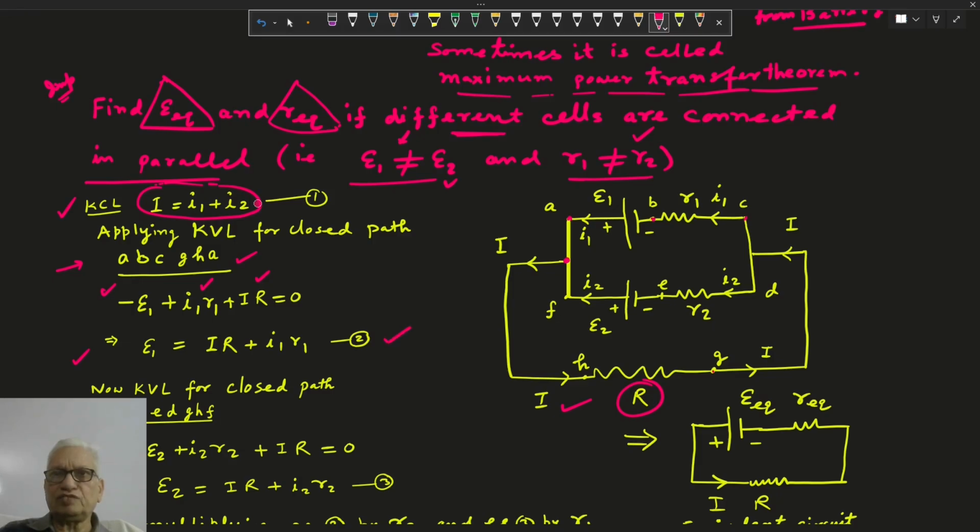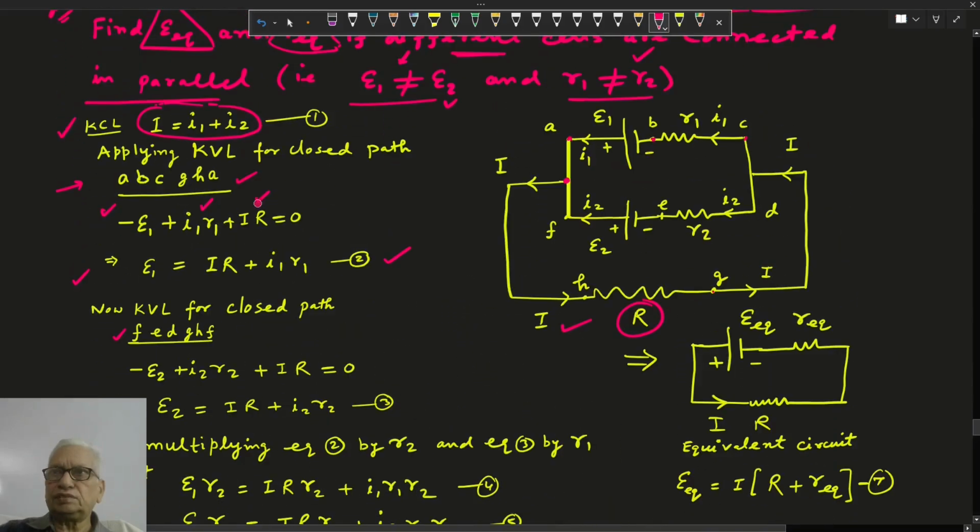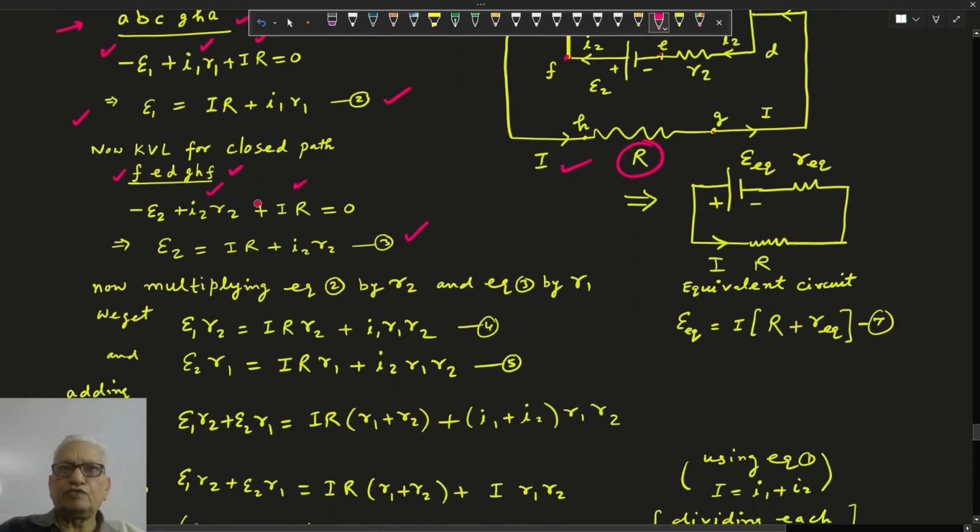Similarly for this path. Here F, E, D, G, H, A, F. So this is the path F, E, D, H, F. Here higher to lower, drop minus E2, opposite direction of current, I2 R2 rise, IR rise, E2 can be written IR plus I2 R2, equation 3. Now if we multiply equation 2 by R2 and multiply equation 3 with R1, and then we add, we are getting